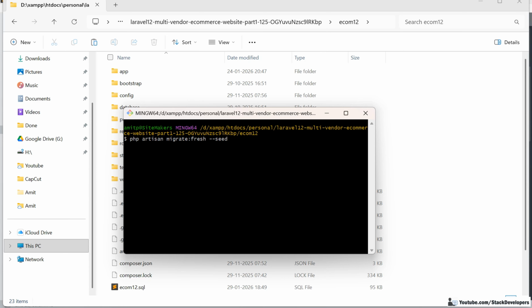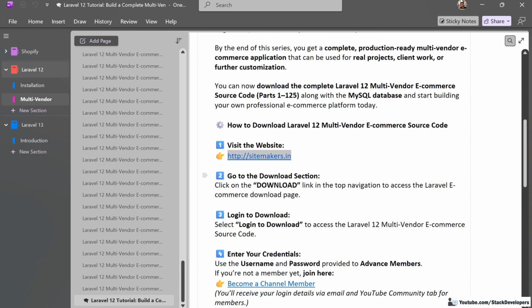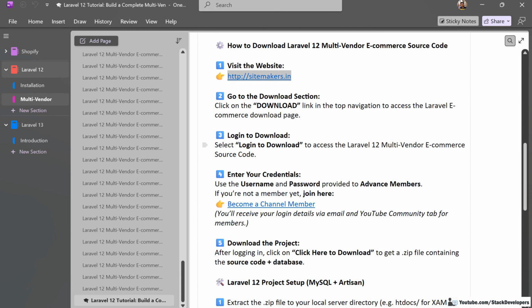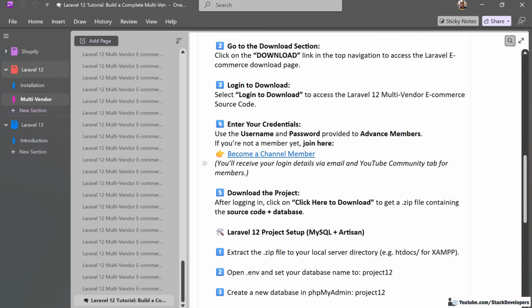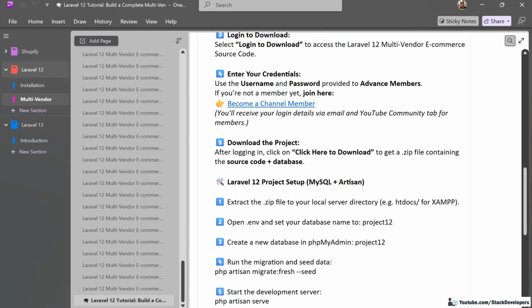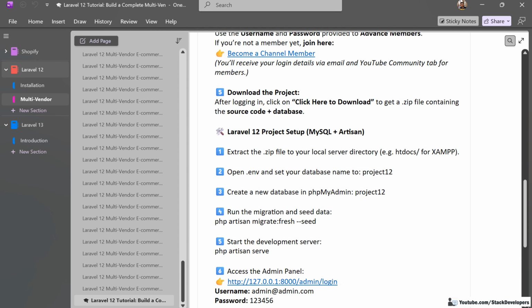So these same steps I have mentioned here as well. Visit the website, click on the download link, log in to download. You can get the credentials by becoming a channel member, and you will be able to download the project after that. Then extract the zip file in your htdocs folder